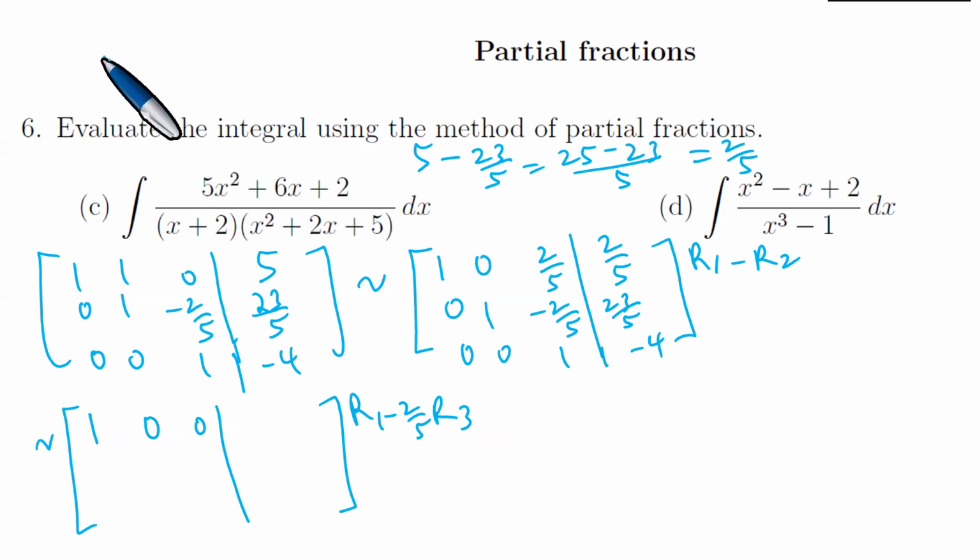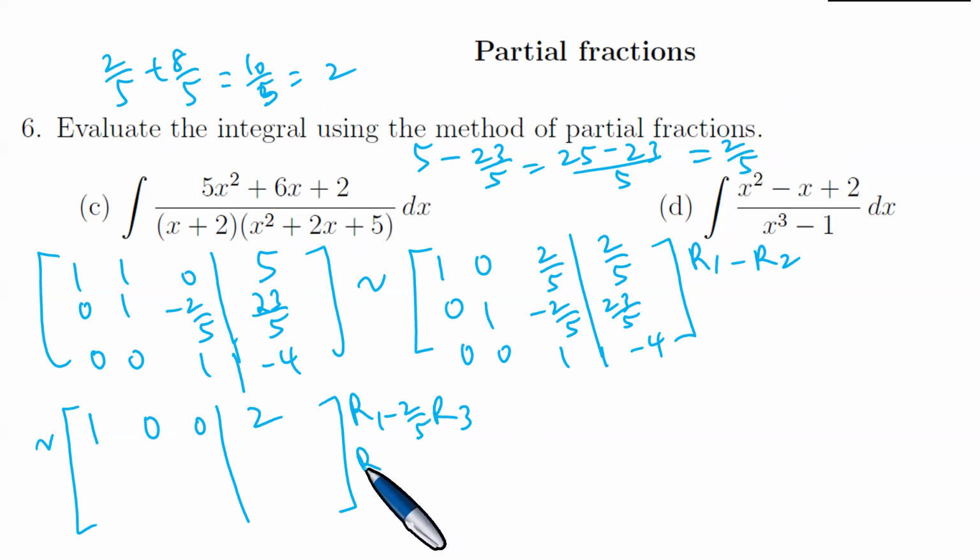So the row 1 is 2 out of 5 minus row 3 plus 8 out of 5, which is 10 out of 5, 2. Okay, now we're going to do row